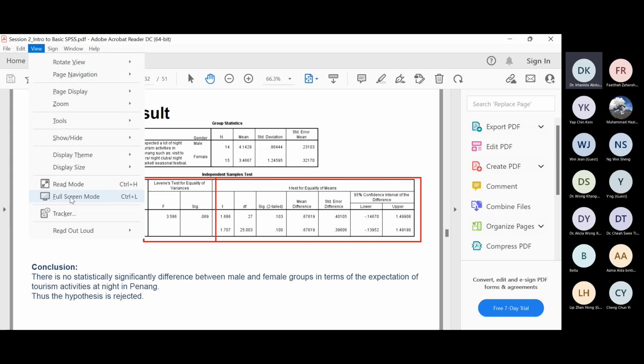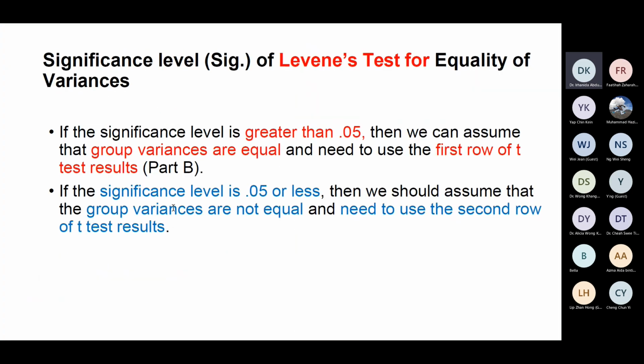For the t-test, we do a t-test when we want to see the differences between two groups. For example, because we are all lecturers, you teach two classes, same subject. Let's say you teach English, class A. Maybe I just give a simple one. Class A, you teach English 1. Class B, a different batch, also English 1.